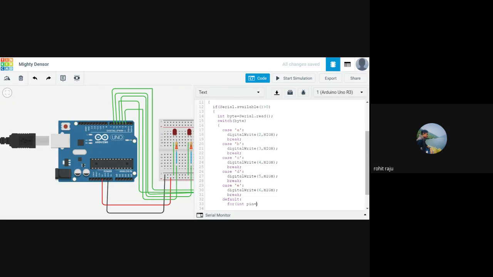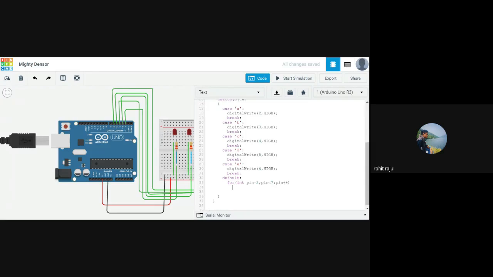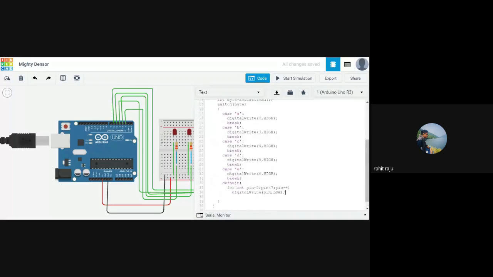Use a pin right here. So this loop turns all the LEDs off in case the user enters some invalid character other than these characters.